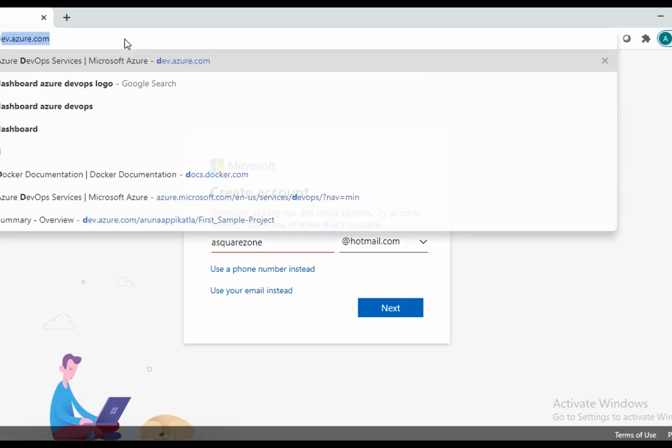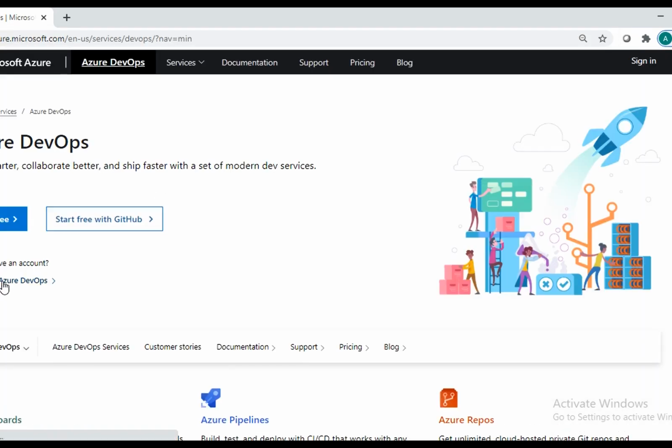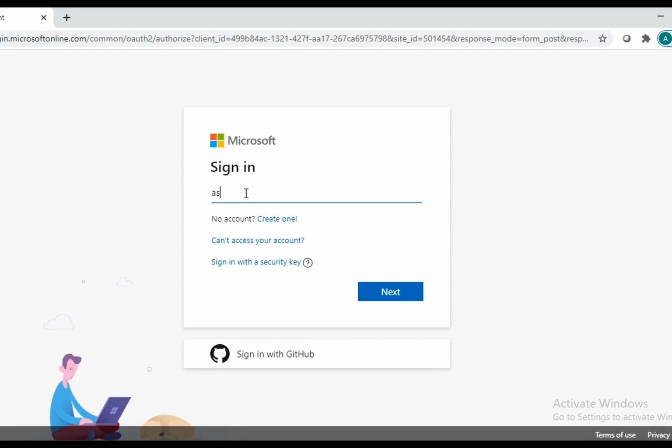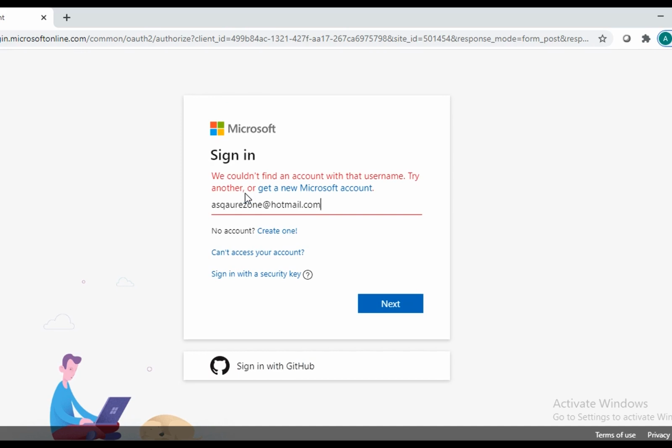So I'm going to direct to my portal, and here by signing in to Azure DevOps, I can directly log in with my Square Zone @hotmail.com. I'm going to provide this mail ID.